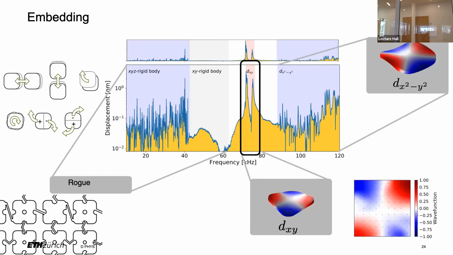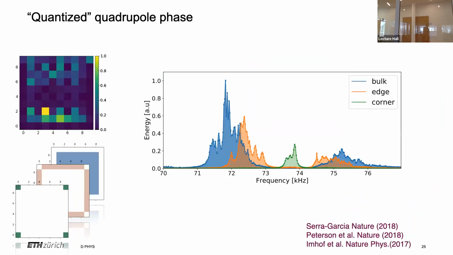And we can make the spectroscopy of a single plate very carefully, and we see that indeed in this frequency range it's the DXY modes that we excite. So this is the band we want to play with, and you see there are two peaks because it's a two-band model with a gap in the middle, and we're going to analyze it now a bit more. So that's what we did here.